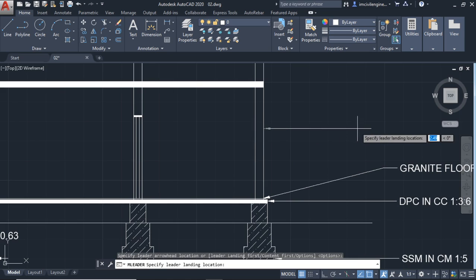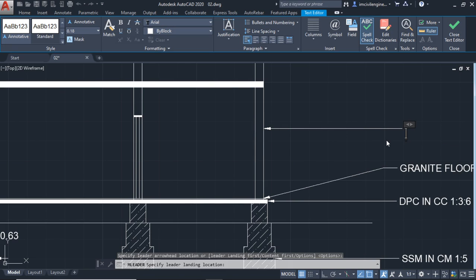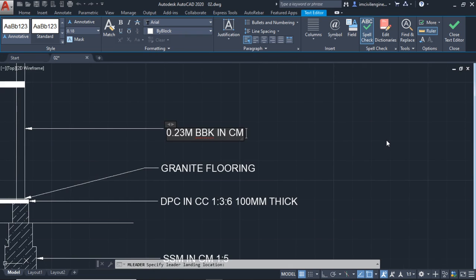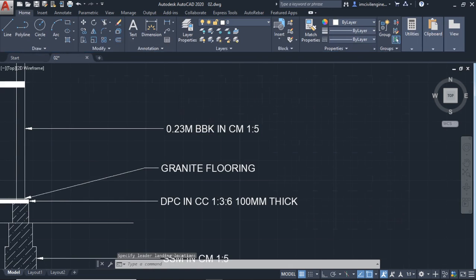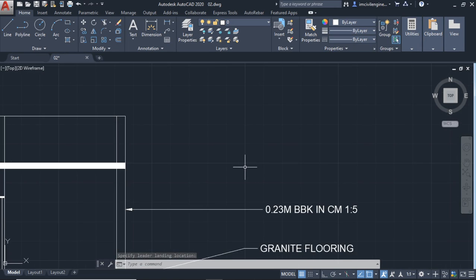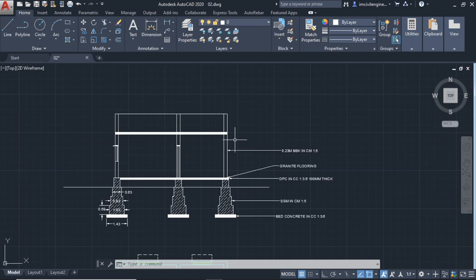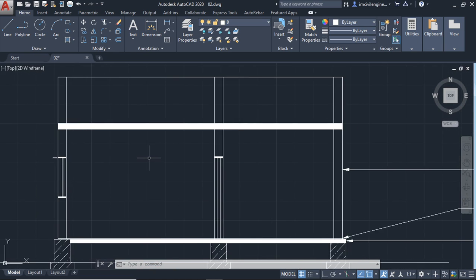Again select the leader, select the wall and 0.23, BBK, burnt brick masonry, 1:5, and RCC lintel, you can see here. So I'll make that naming here. Okay, then